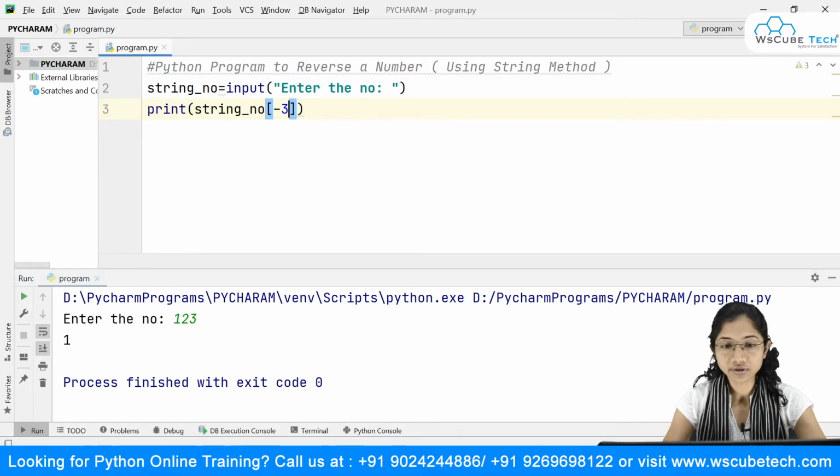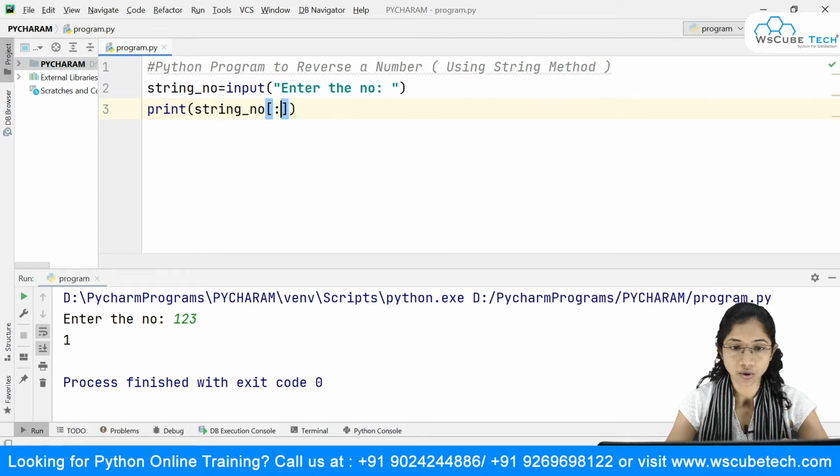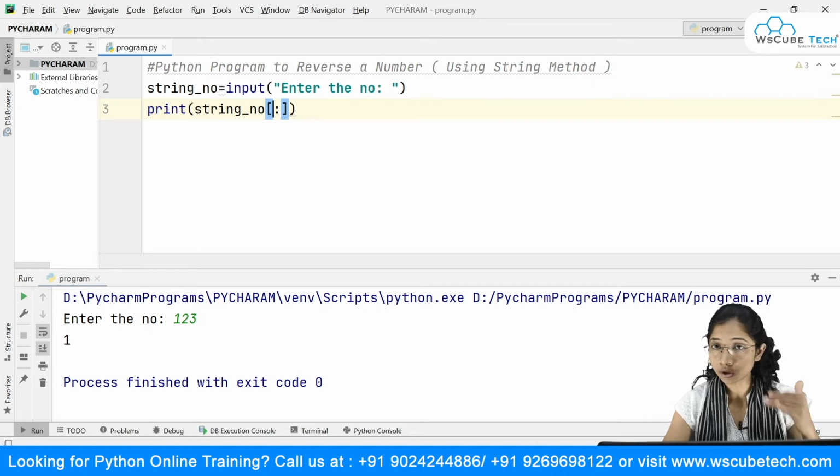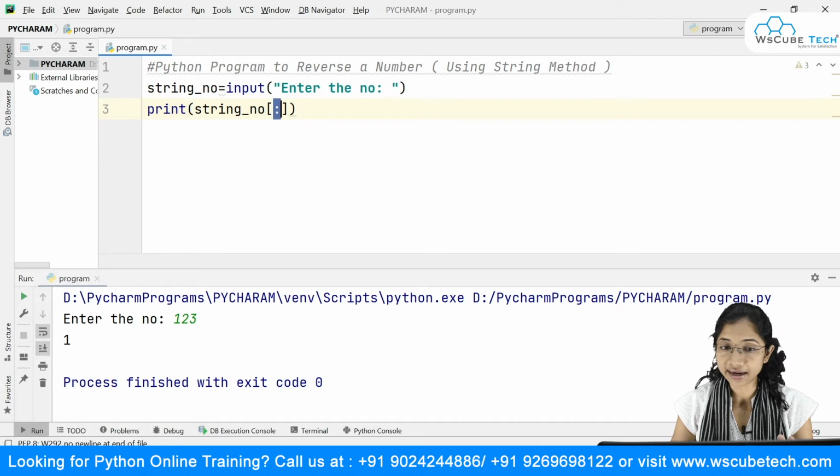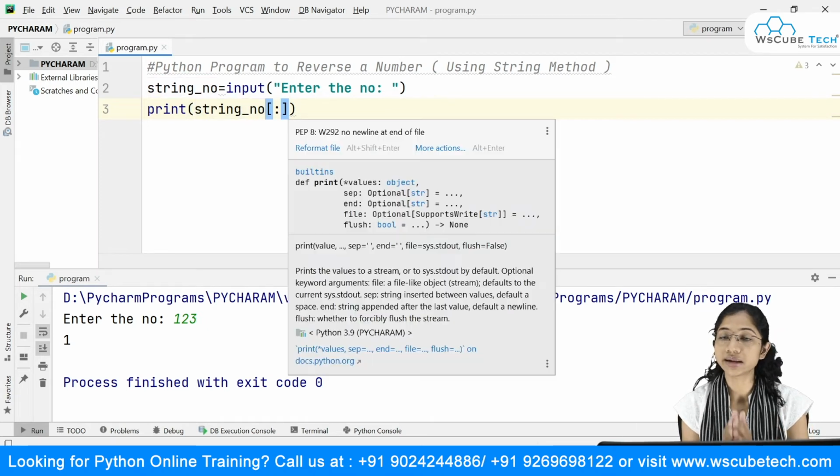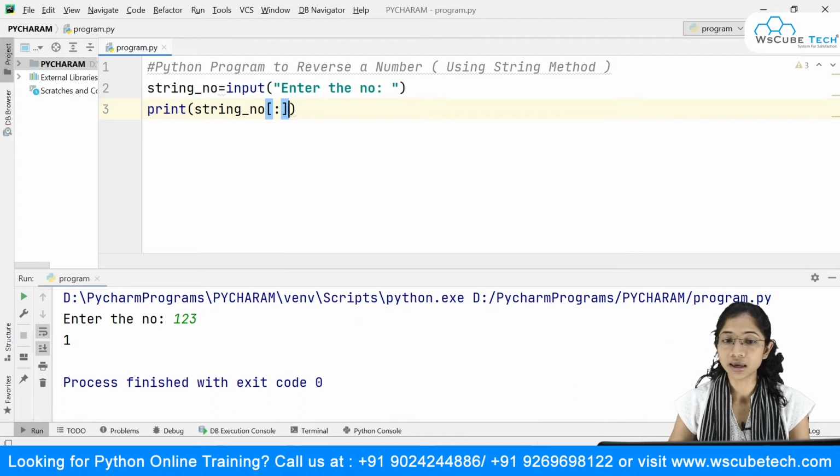Okay, so what I will simply do is mention the slicing operator over here. The first part will be the starting index, then the slicing operator, then the end index. The start index is included, whereas after the slice operator, whatever end index you give is not included, that is excluded. So you need to give one plus, because it will go only till there.